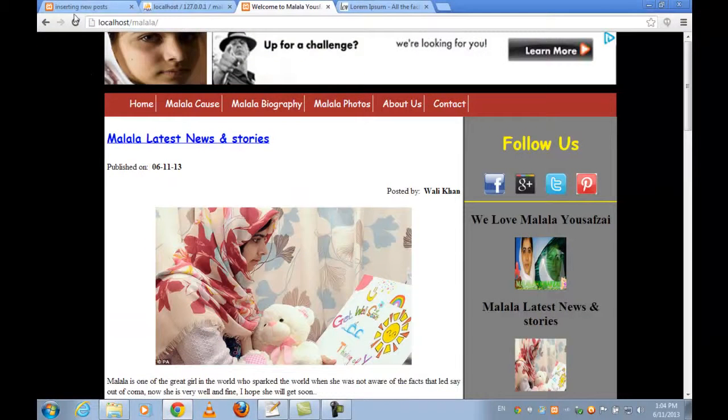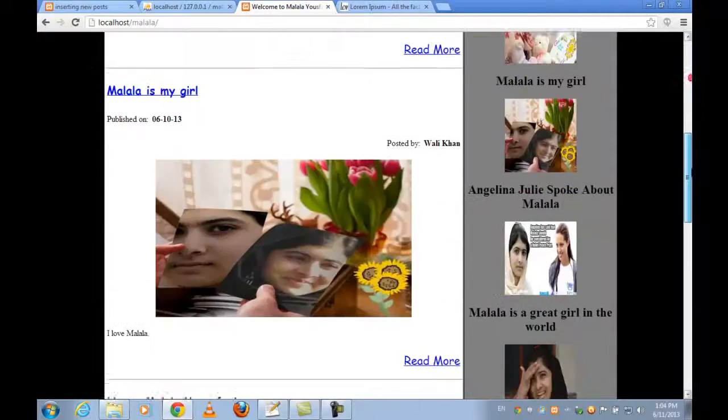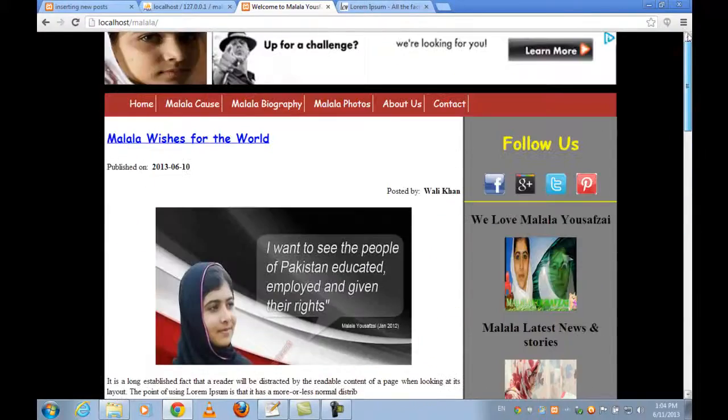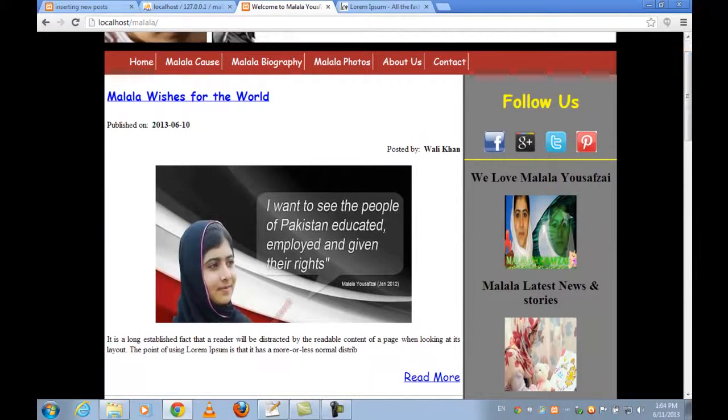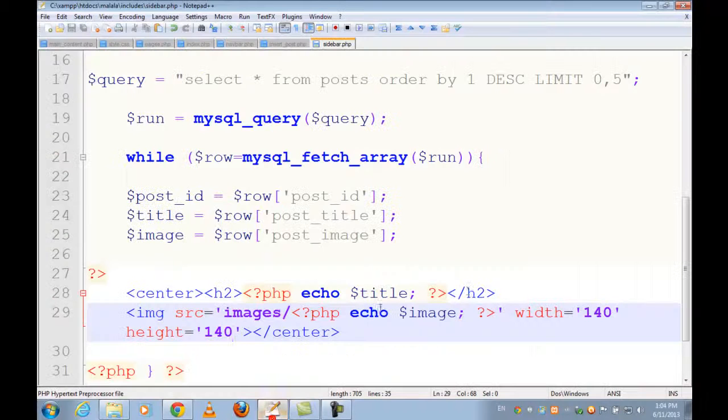Just I saved it, again refresh the page. Now the images are looking nice. You can see these are recent posts inside our table. You can also make this title as a link when someone clicks it, or also the image itself if someone clicks it, so this page should be shown here. So that is really simple. Just insert,